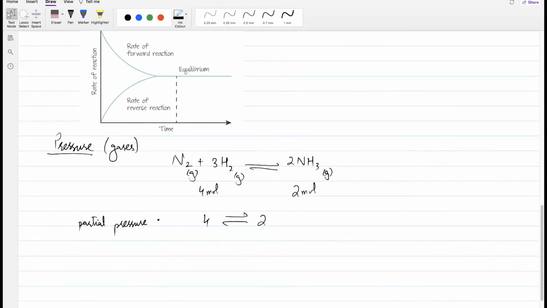In this particular example, reactants have a higher partial pressure and products have a lower partial pressure. ठीक है, इसका मतलब ये है कि when we increase the pressure,